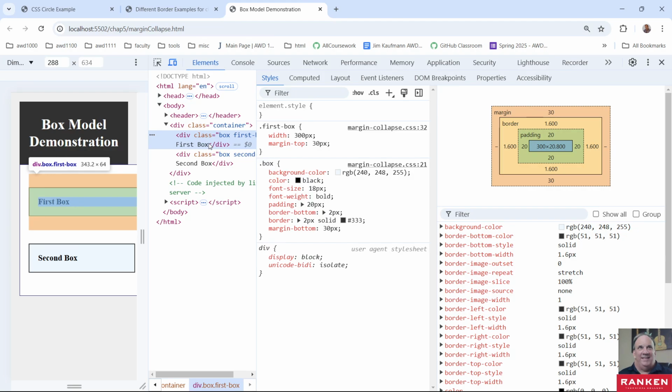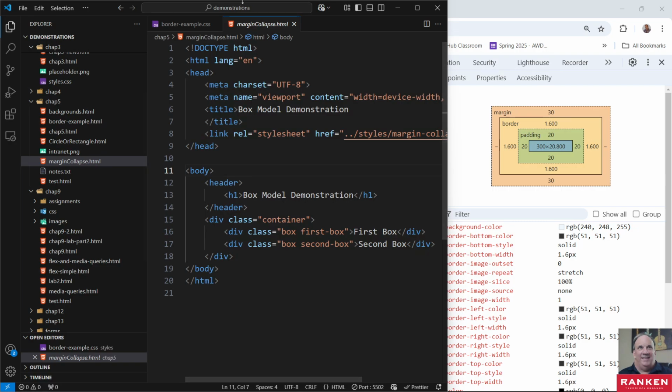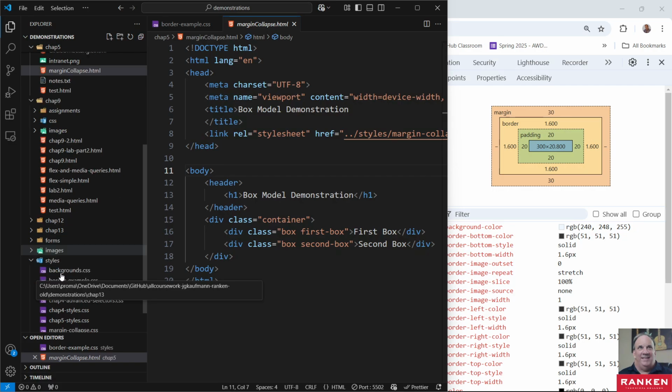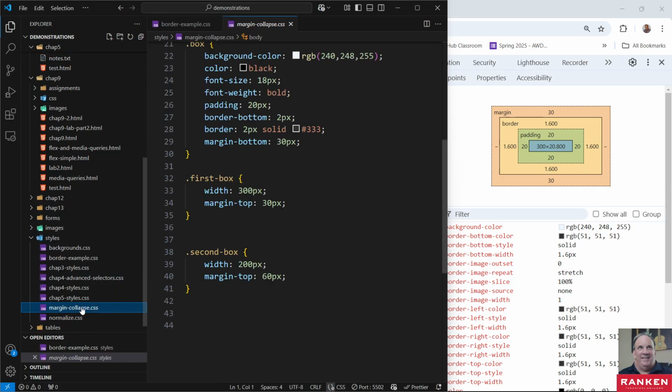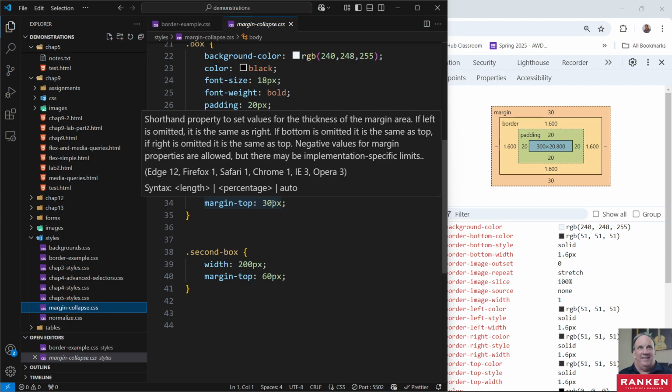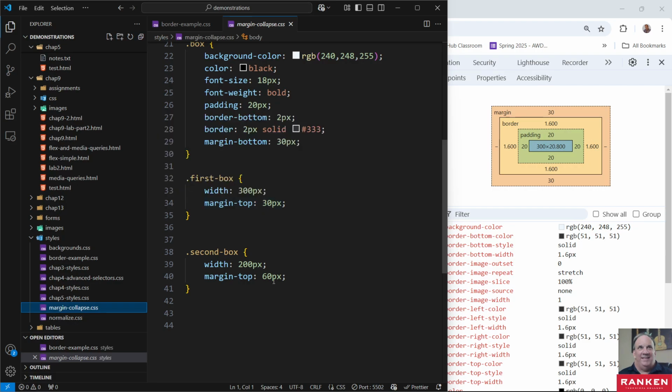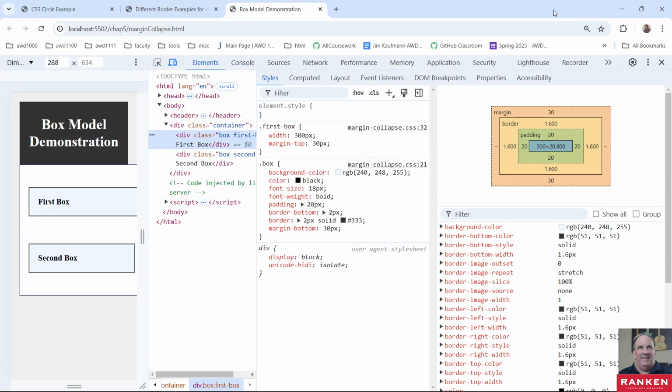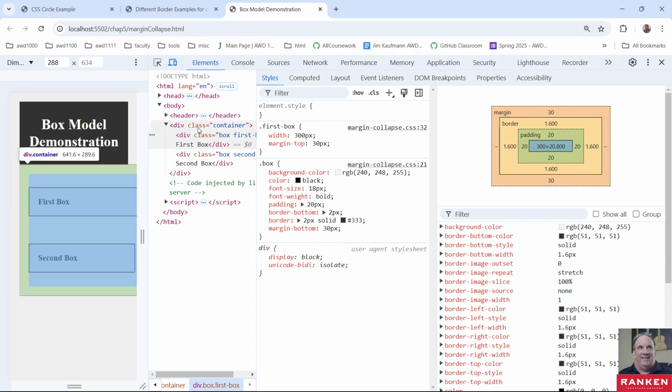Let me go back to our code here. I want to make sure I'm saying this right. Margin top, margin bottom, margin top on both. Okay. So if we go here,